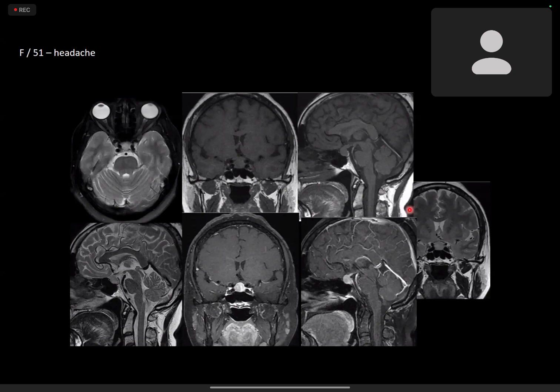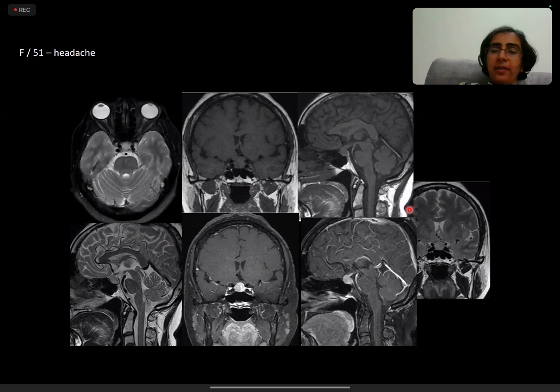Ma'am, I think it's a pituitary macroadenoma. Excellent. So when you're saying it is an isointense lesion, you also have to describe the rest of the lesion, like the size. Obviously, you cannot measure it here, but assuming that you have films and a ruler to measure the lesion, and also that the superior margin is convex and it is abutting the optic chiasm. All these things are very important to describe in this patient. The diagnosis is obvious. It is a pituitary macroadenoma.